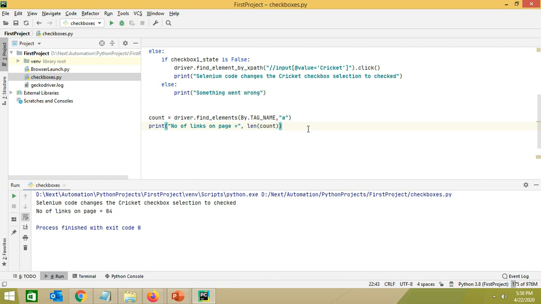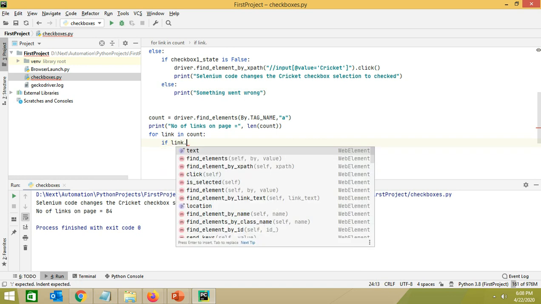Okay, now if we want to check whether a specific link is available or not, and then click on that link, we can achieve it from here. For that we need to use a for loop, for link in count, this is the range, and write some condition: if link dot text.